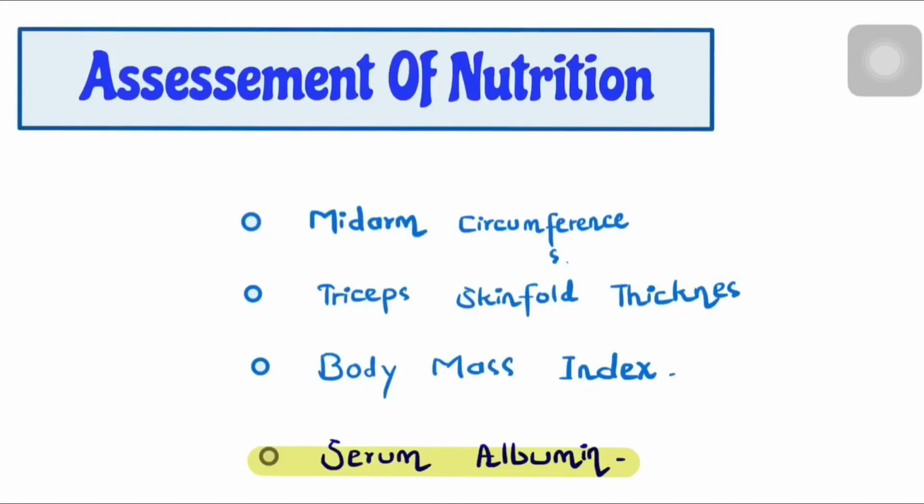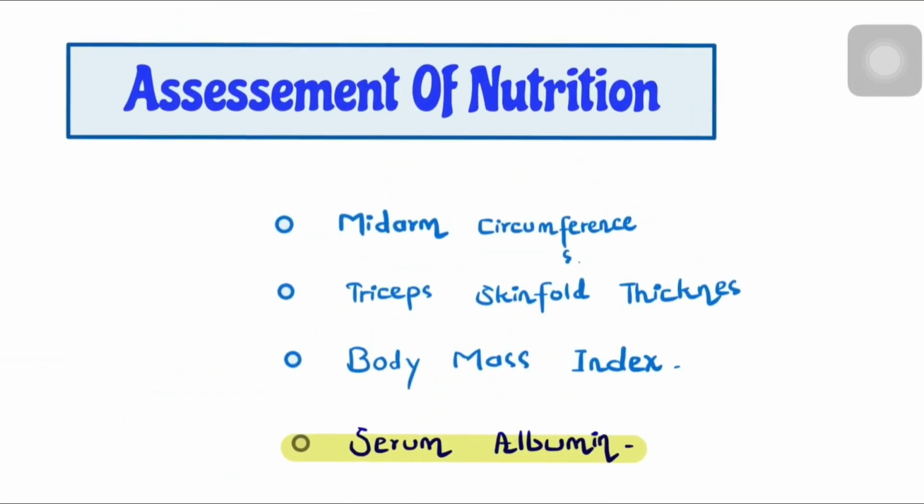Okay, so how do you assess a patient for nutrition in surgery? For that, you have to calculate these four things. What are these four things? These four things include mid-arm circumference, then we have the triceps skin fold thickness, and then we have the body mass index and serum albumin. Of all these four things, the serum albumin is the most important factor in the assessment of nutrition in a